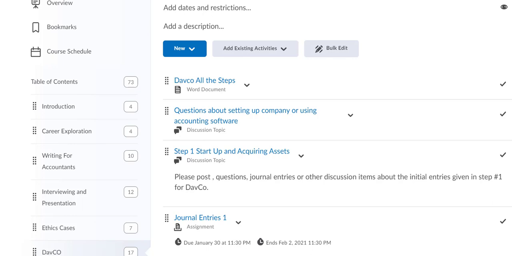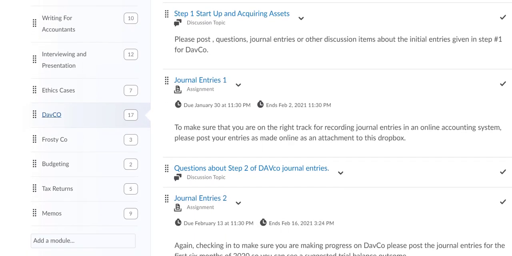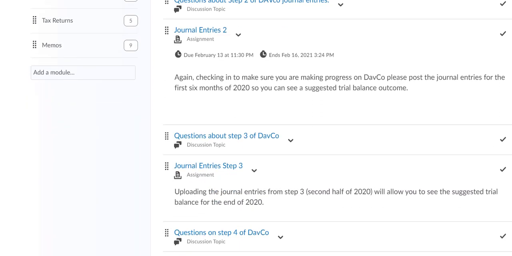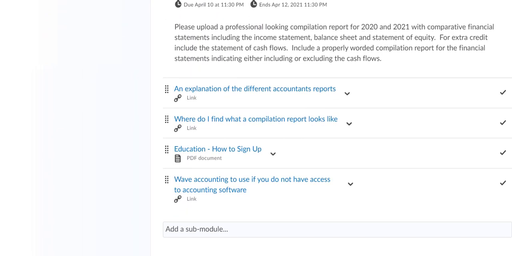We're going to try to get started right away and be working on various aspects of this company's financial information, really from here until the end of the semester. So to do that, first of all, we need to set DavCo up in an accounting system. If you've had accounting 215 or are currently taking it, you should have some background on